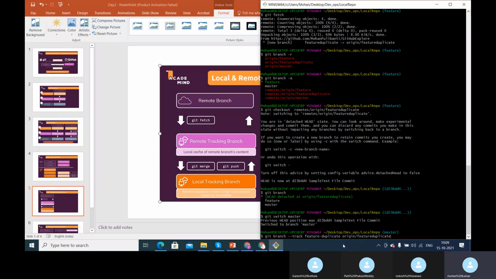So this particular command will create a local tracking branch. The command is git branch --track feature duplicate, where feature duplicate is the branch name.